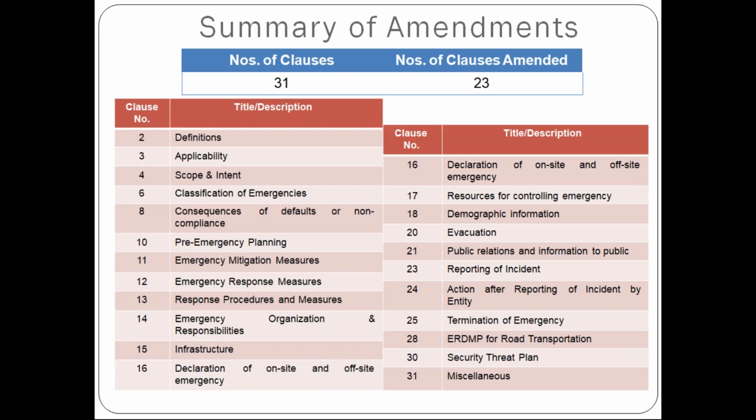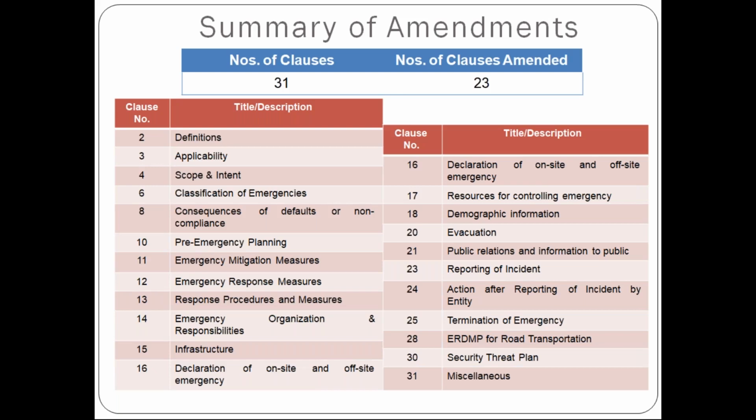What is an off-site emergency plan? What is an emergency, and who are the authorities involved? These are defined. Then the applicability, scope and intent are defined. Then there is a classification of emergency and the consequence of default or non-compliance. When the law is formed, it gives certain timelines that we have to comply with within those defined timelines. Then the pre-emergency planning, mitigation measures,